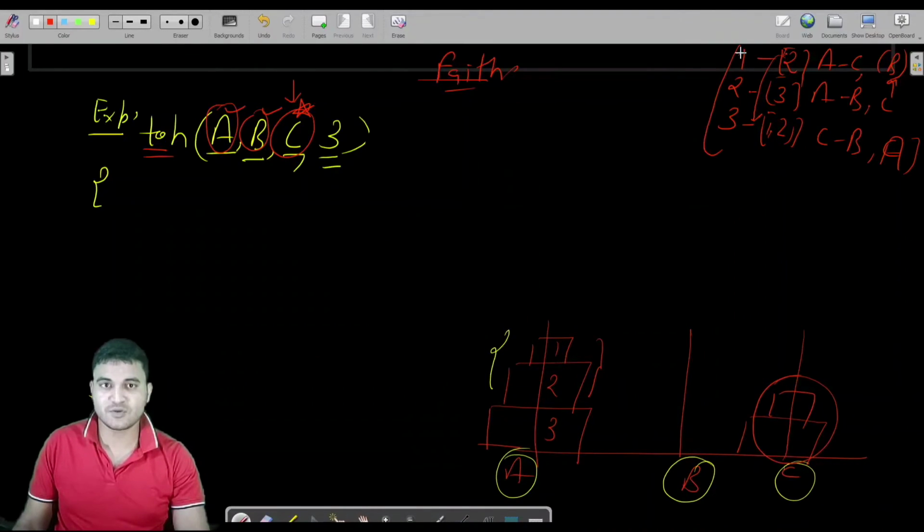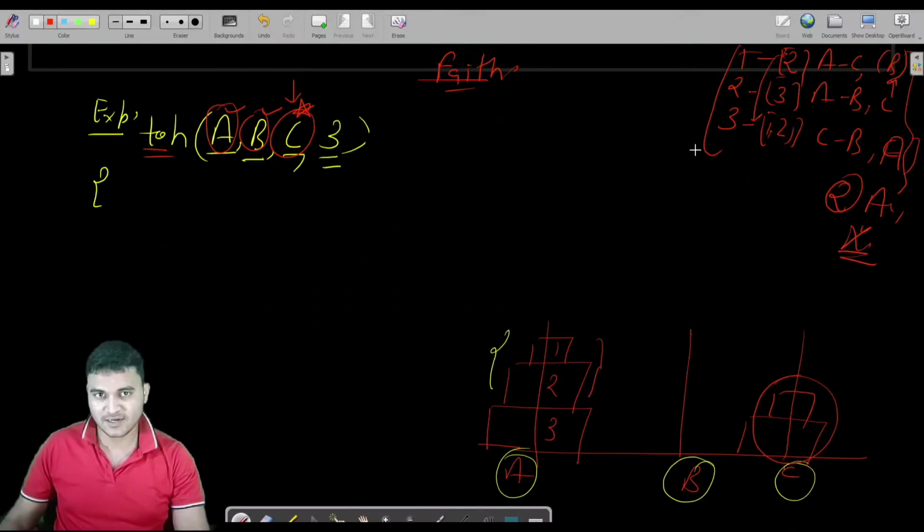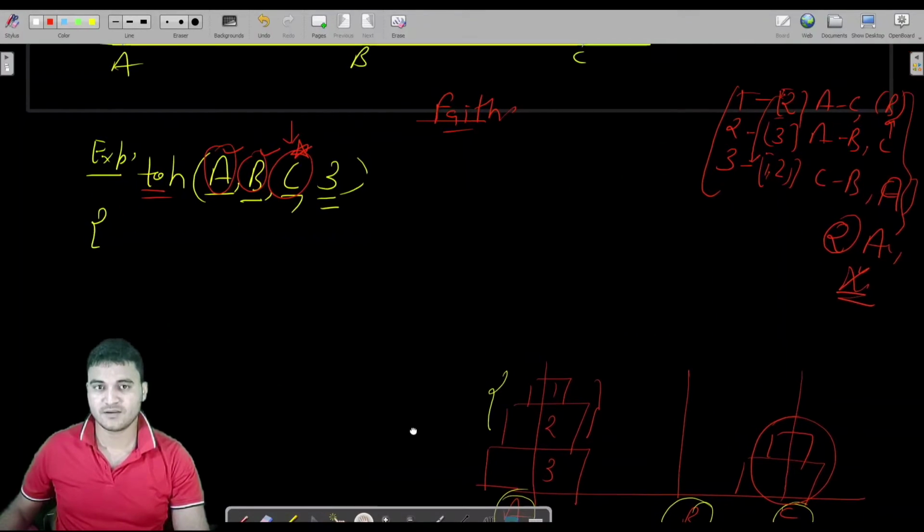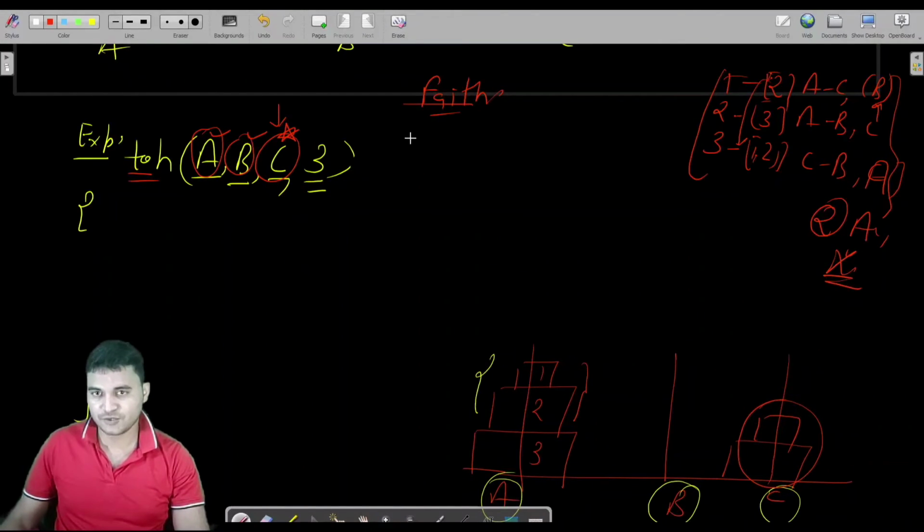So this problem was working for us actually, but the rule which we were violating here is that we were placing two disks at a time. So this was the rule which we were violating, and we have to take care of that also. Let us write the faith here. Let us try to write these three steps here only, because we have already seen these steps are working for us. But the only point is we are violating a rule. But trust me, you are not violating your rule also. How? Let us see.